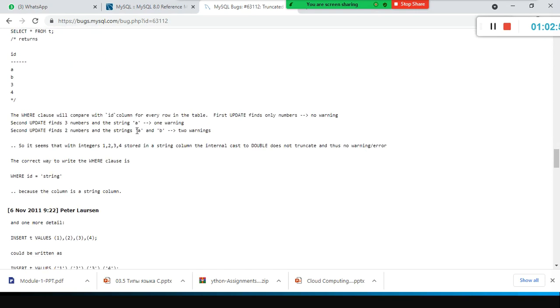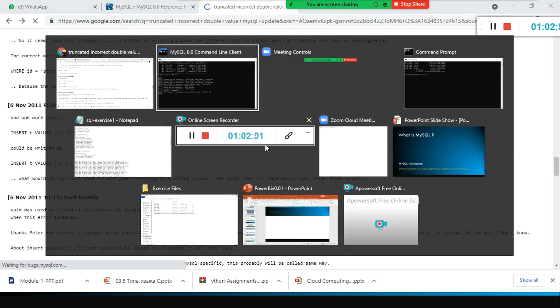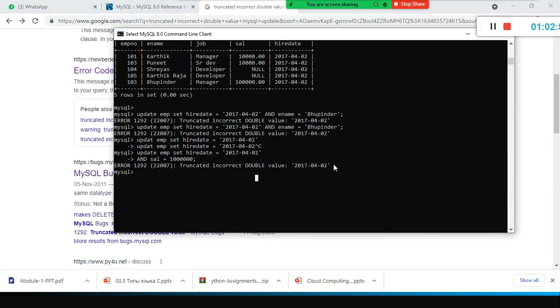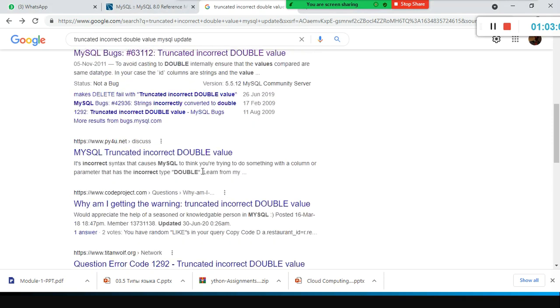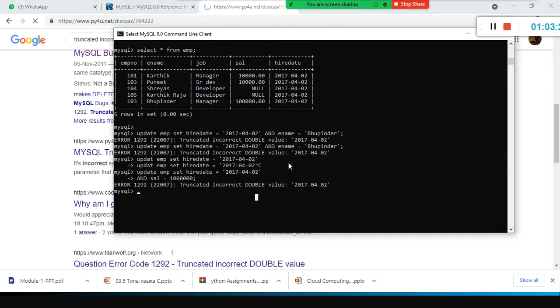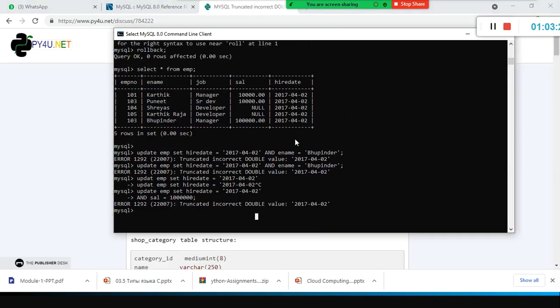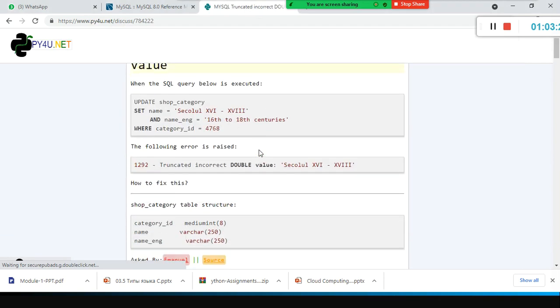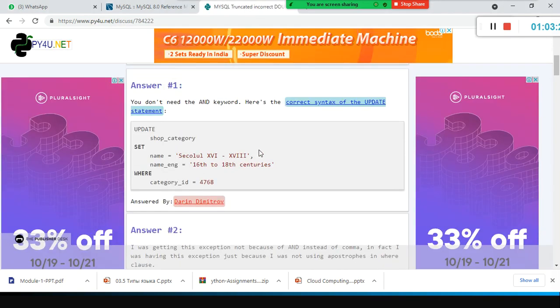Where id equal to, show warnings. Where update m set hire date equal to this one and sal, right? So it is not working. So here what happened, it updated the entire record with the same value. That is one problem, and apart from that, it took a lot of time.